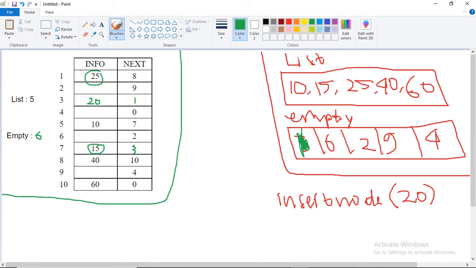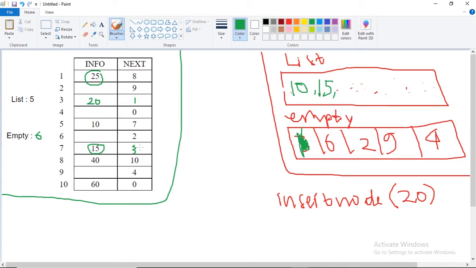Okay, with this new node, if we want to read again, the data is not the same with this anymore, because there is a new node with value 20 in there. So the new data is, okay, let's just read from the 5. So it is 10, because its info is 10, and let's go to the 7. 7 is 15,